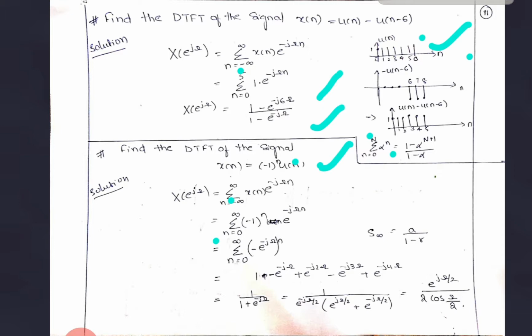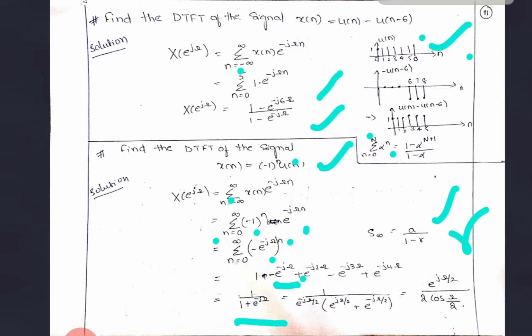Now this n we are taking common, minus and here is common. Now we can split like this, 1 minus e raised to minus. So for negative power, for odd n, equal to odd numbers, it will get minus, for n equal to even numbers you get plus. Now this is of the form sum to infinity, a by 1 minus r, where here a is 1, a is the first term and r is the common difference. Here if you see, common difference is minus e raised to j omega n. So here substituting a by this one.